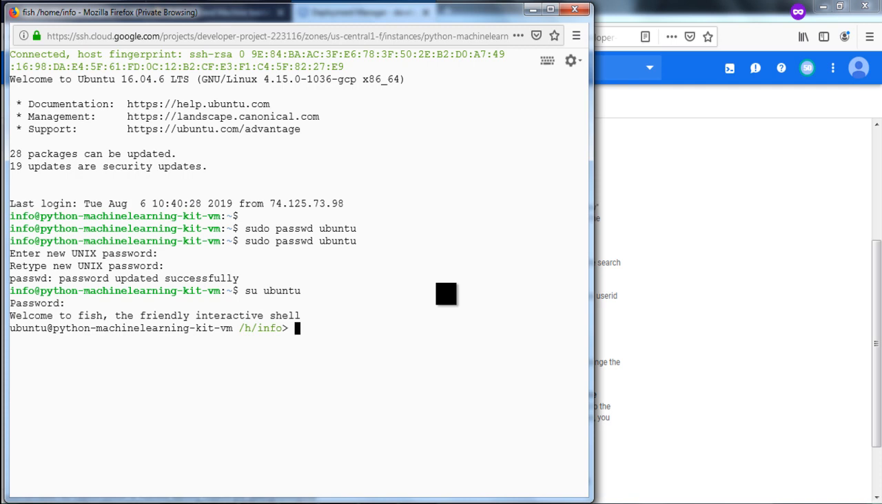Okay, and it got connected. This VM comes with a shell called fish, the friendly interactive shell. The advantage of using this shell is that it auto completes a lot of your commands. It also has a good way of recommending commands, and it keeps history of all your commands. So you will find this shell helpful. So this is one way you connect to your VM